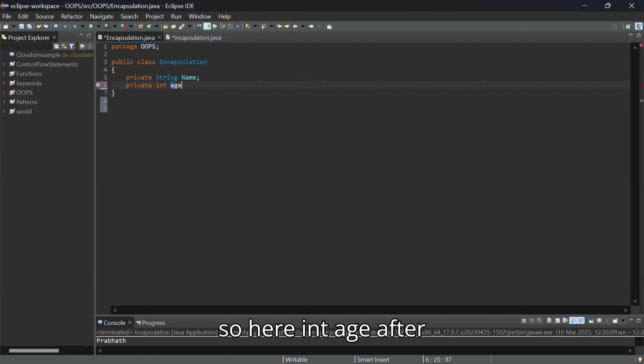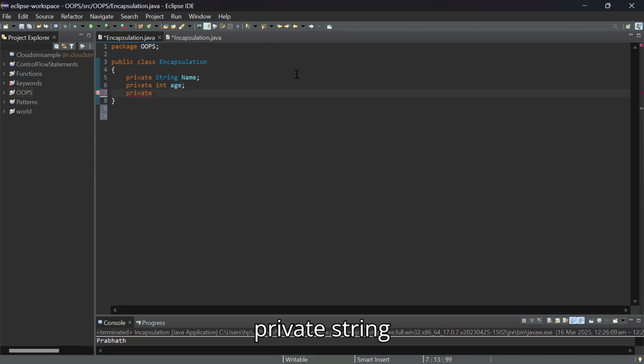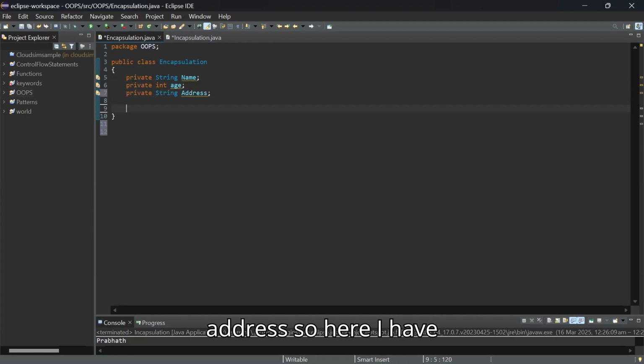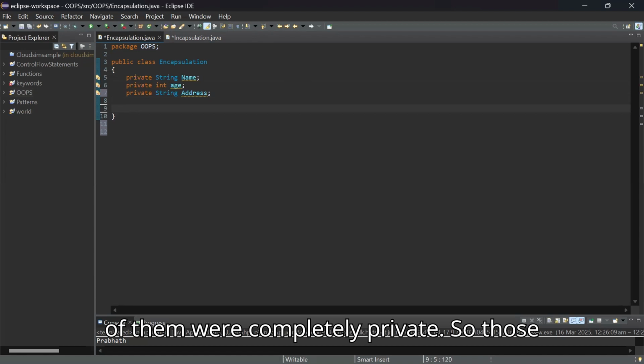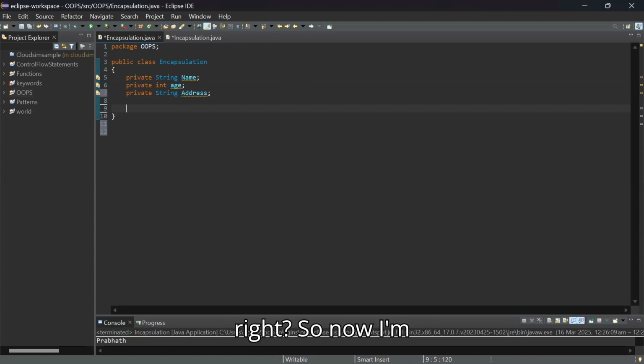So here int age. After this, I can also give private string address. So here I have given three variables. All three of them are completely private, so those can be accessed only in this class, right? So now I'm going to